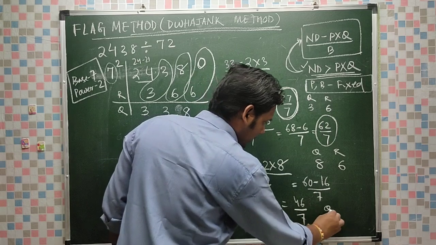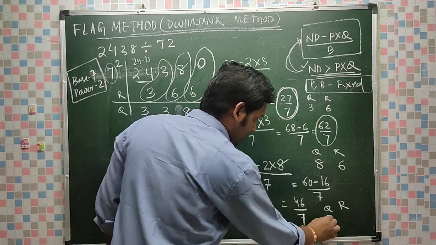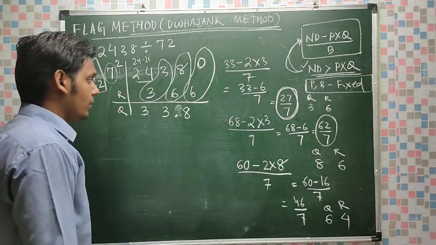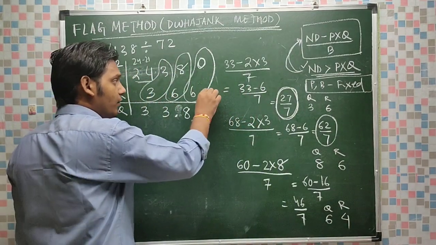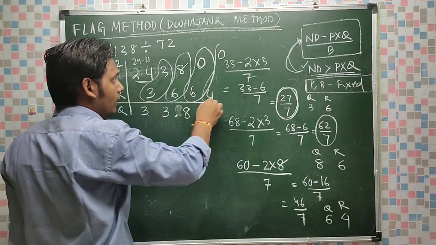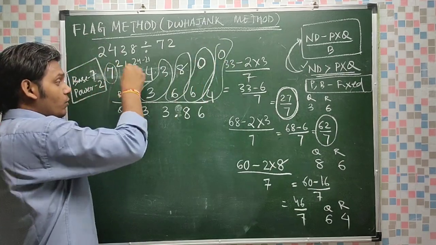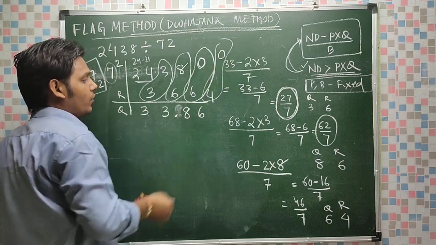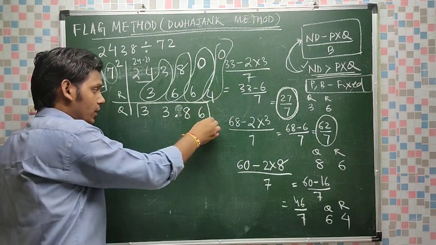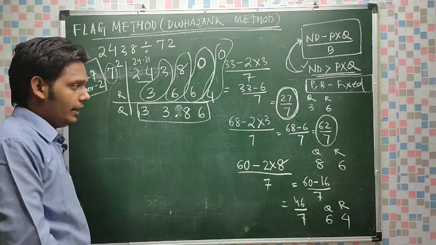So what is the quotient and remainder? 7 6 42. That means 4 is the remainder. So 6 I can take and 4 I can take here, 40. But we have to check 40. 2 6 12, 12 is less than 40, so it is proper. So your value is correct up to this 33.86.